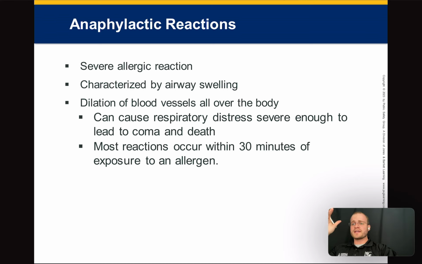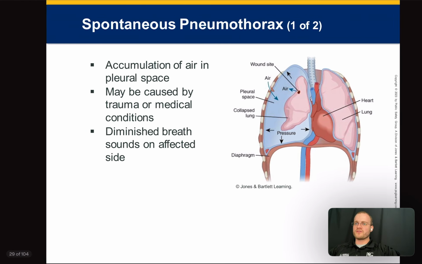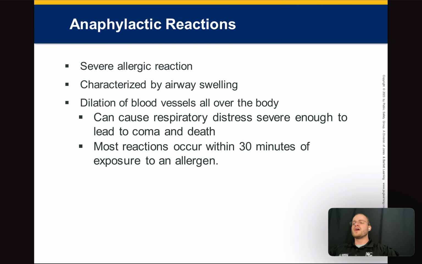Basically it'll cause airway swelling. So this is like asthma that's very exaggerated. This is very lethal, okay? I've said, even as a paramedic or a physician, whatever you want to be,